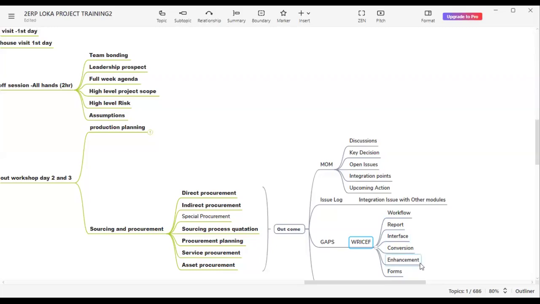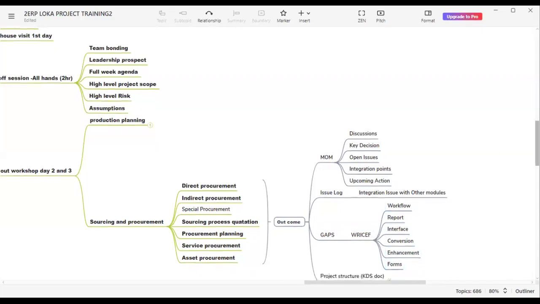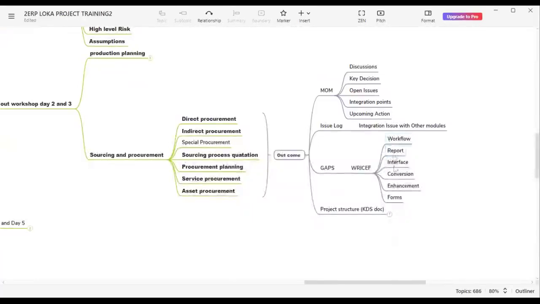Enhancement: you are not changing any standard system, you are just enhancing the solution. And the forms. Whenever you create a purchase order, a PO form is generated and you can customize that also. So the gaps are divided into these sections. If any gap or customization is coming, then it will fall under these.